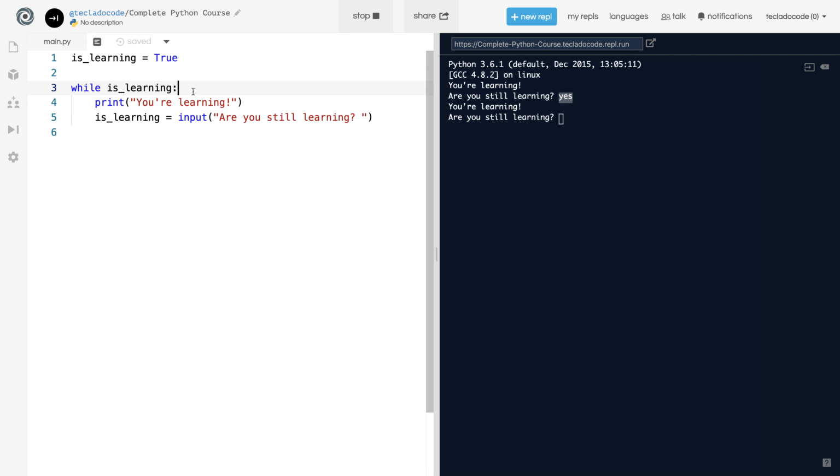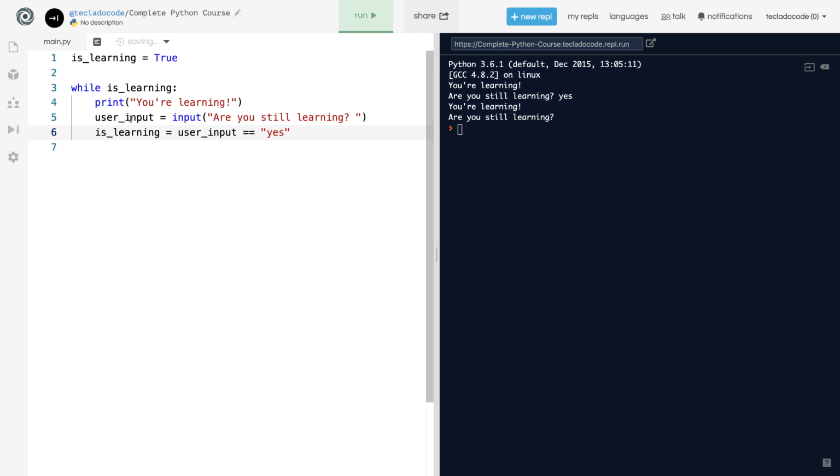And if you remember from our if statements video, this gets passed through the bool function, and it evaluates to true when it's yes. The boolean of yes is true. But if we type an empty string, then the loop ends because we have terminated the loop. So maybe this is not what we want. Maybe what we want is to get some user input, and then say that isLearning is equal to user input